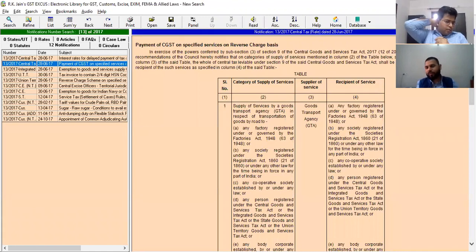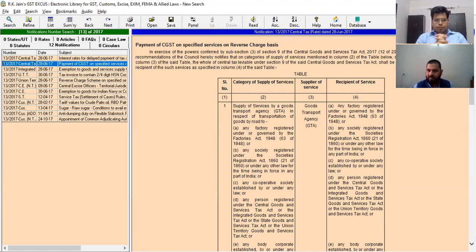Yeah. So this notification is number 13 of 2017, Central Tax. This notification says that the government, on the recommendation of the council, this is the same wording as was used in 9.3. So in exercise of the powers conferred by subsection 3 of section 9 of the CGST Act, the central government, on recommendations of the council, hereby notifies the categories of supply of services mentioned in column 2, supplied